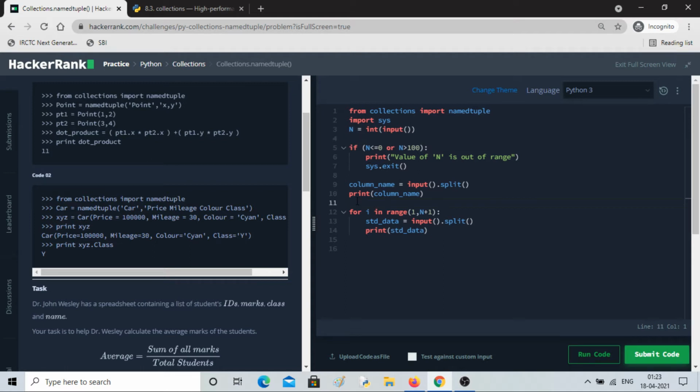So let me define here name tuple, and I'm naming it students, stds, and the way I am defining it, you can directly give this list as an input. Okay, remember this is in list form. So if you give a list also, it is fine.